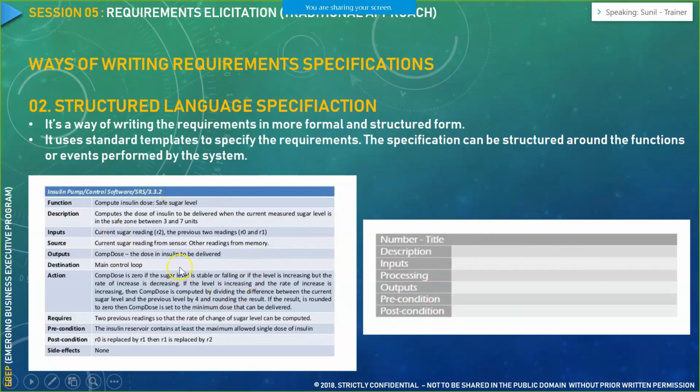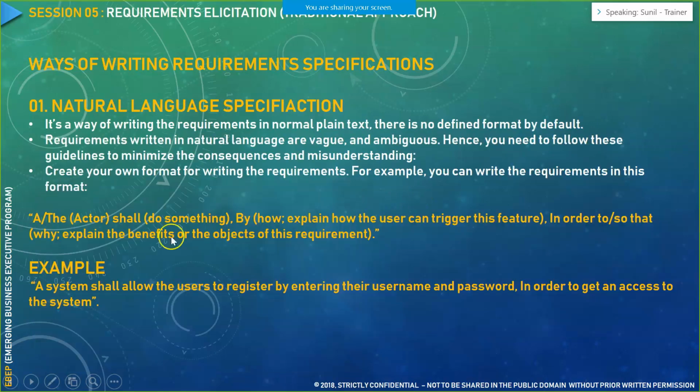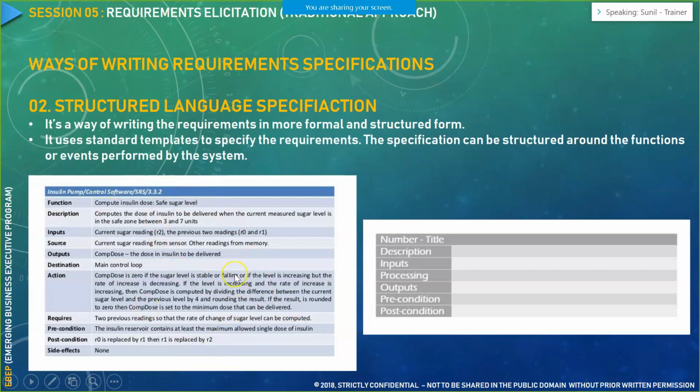So this is also a very good example wherein you write the requirement in today's system. The earlier example was something that was followed in earlier stages during the traditional approach, and this was also part of the traditional approach, but people are still following this approach for writing the requirement, which gives a detailed understanding of what the requirement is.